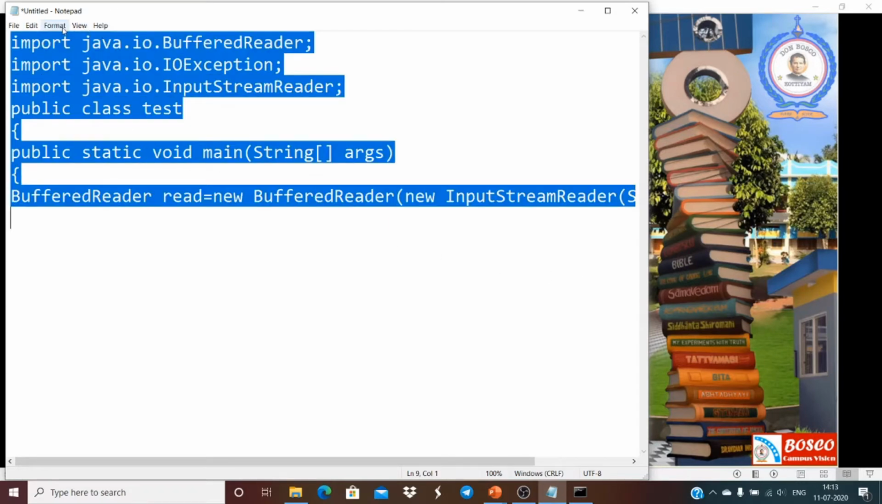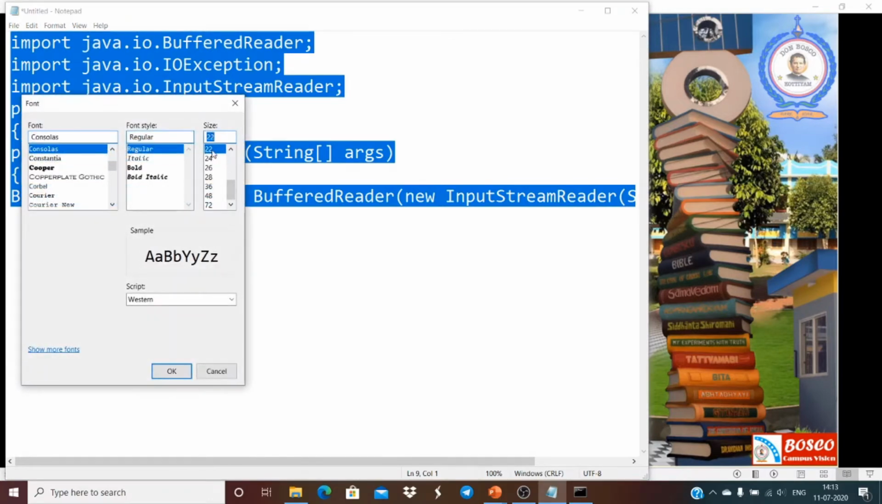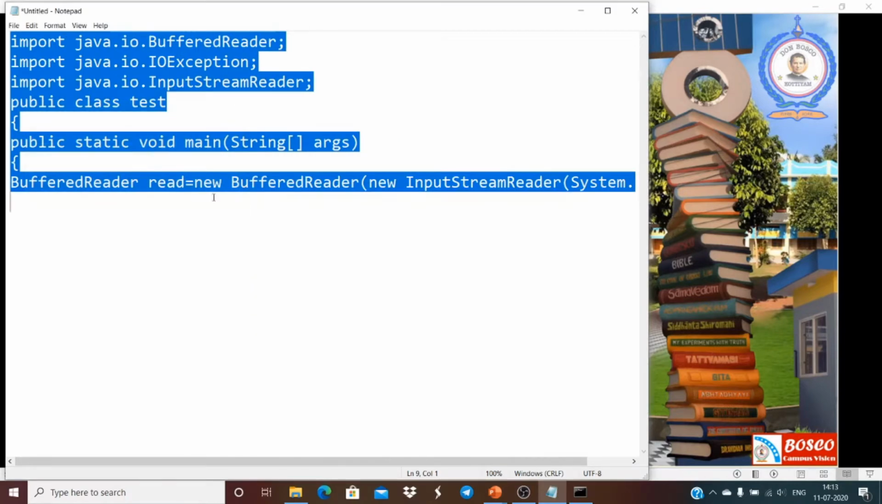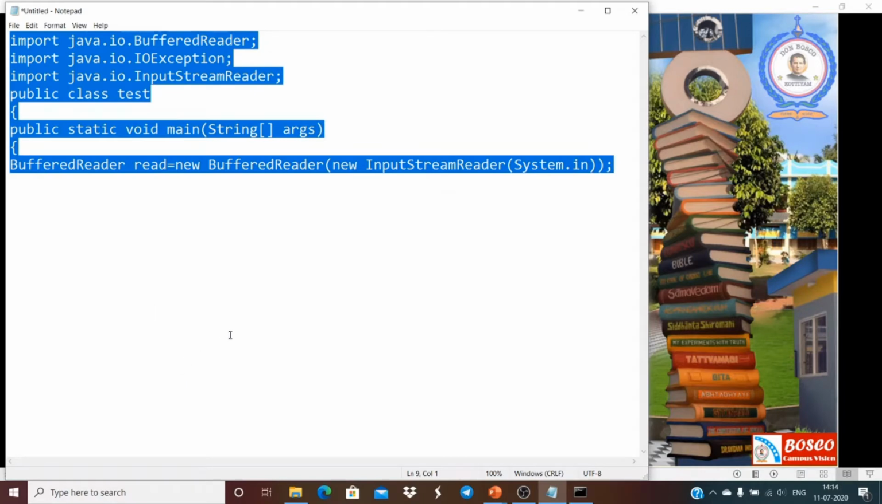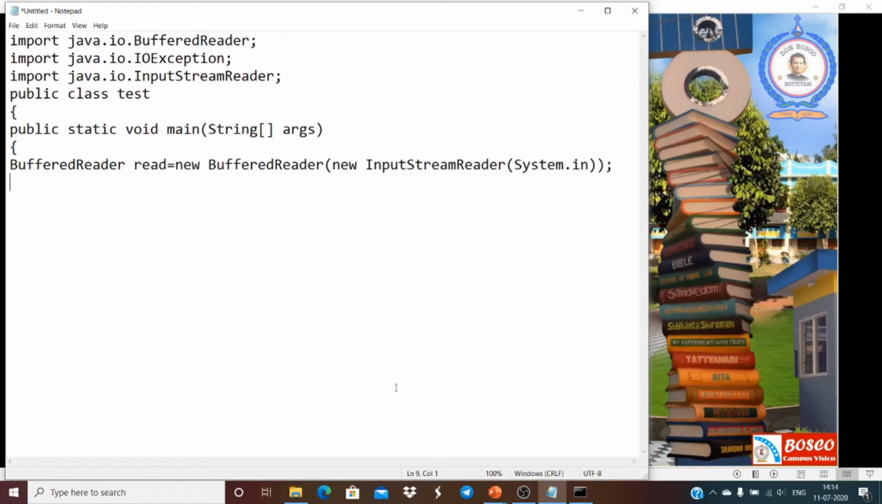You can reduce the font size because it is going out of the limit. 22. You can reduce again to 20. Okay. So we can clearly see in a single statement, this is a statement to create the object of buffered reader. Buffered reader space read is equal to new buffered reader bracket new input stream reader and again in sub bracket